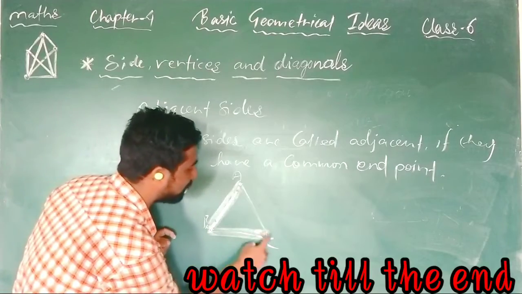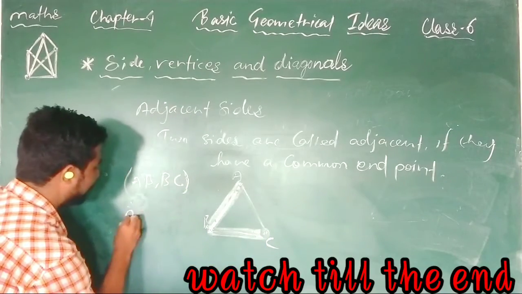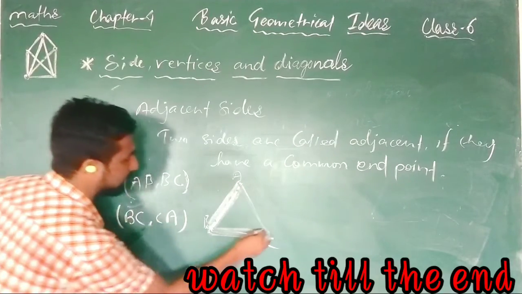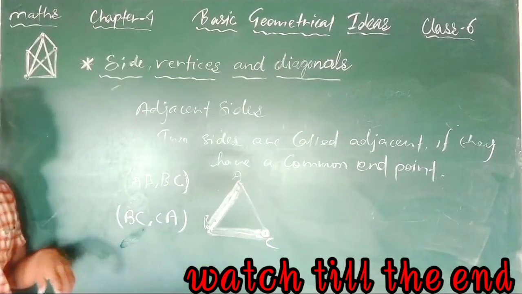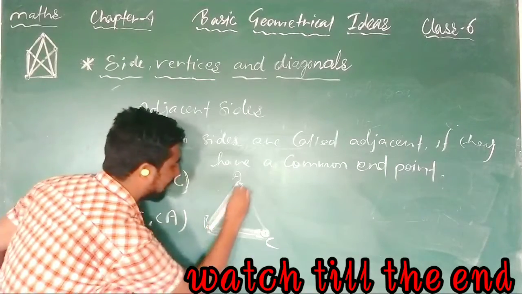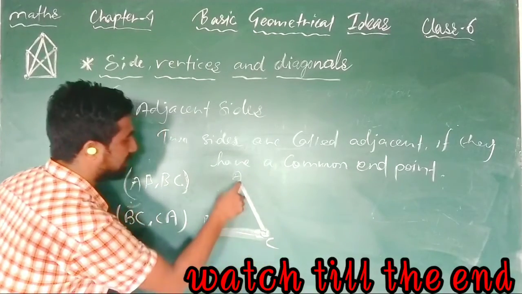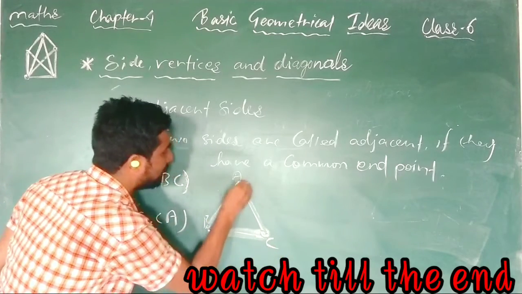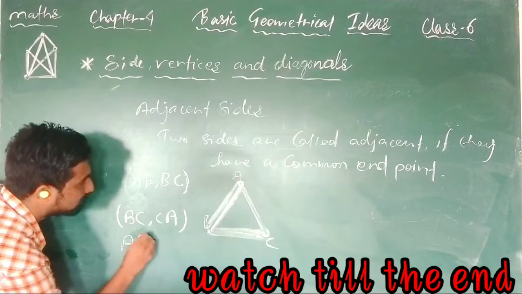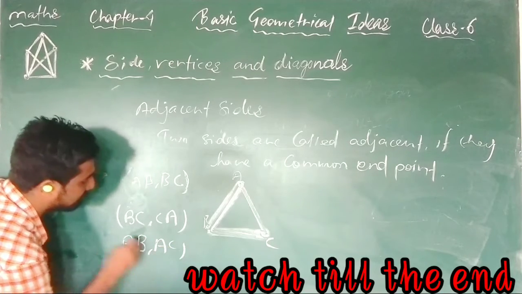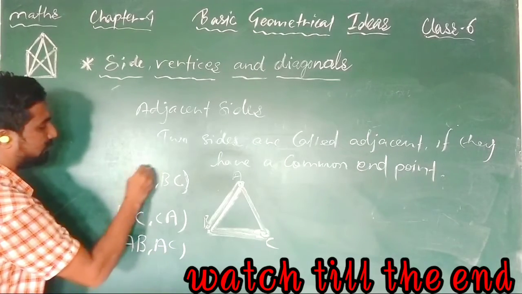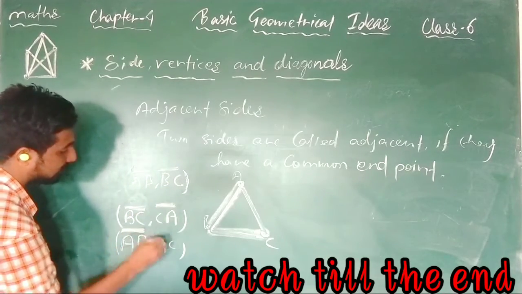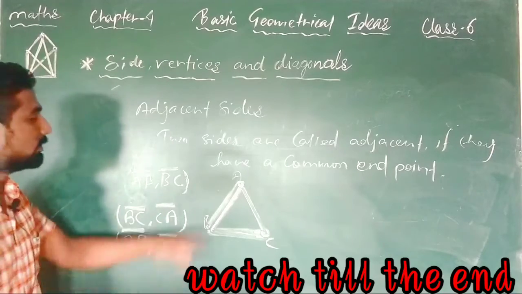Sir, can we say these two sides are adjacent? They also have point C in common. Yes, you see, BC and CA both start from one common point, C. So this is called adjacent. And this side and this side, AB and AC, both start from A, the only common end point. Yes, you can write it. So AB and AC are also adjacent. If you want to put a line above this, you can put. If you don't want to, don't, but keep in mind it is the correct representation. So these are adjacent sides.